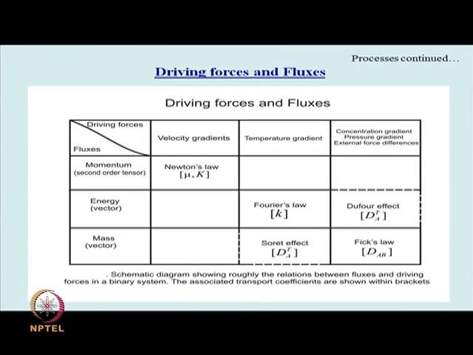So, when we think about mass transfer, we should not only look at the concentration gradient and thereby use Fick's law, that is, use the normal diffusion coefficient denoted by DAB, but we also have to see what is the temperature gradient between the two points where such mass transfer is taking place. So, both the value of DAT and the value of DAB need to be taken into account,